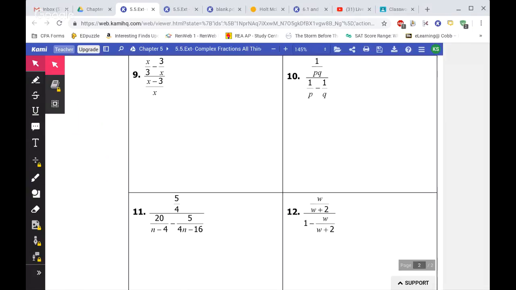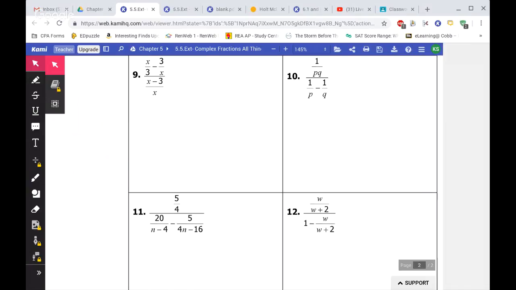I've had a request to cover the back side of the classwork and notes that we started on Friday, and to do a few of the problems from the front page of the assigned homework for today. So I'm going to start with number 9, and just reminding you all that with complex fractions, you want to